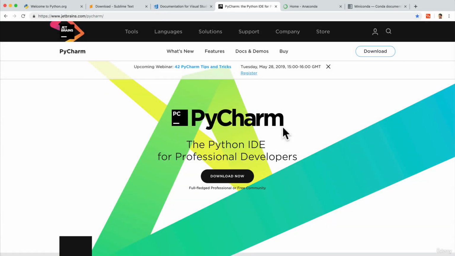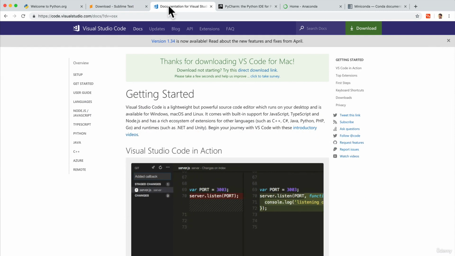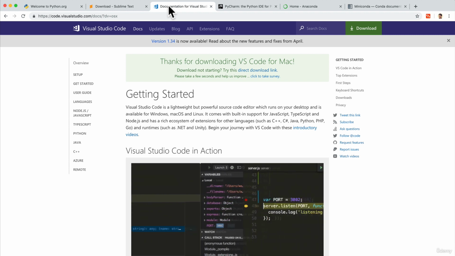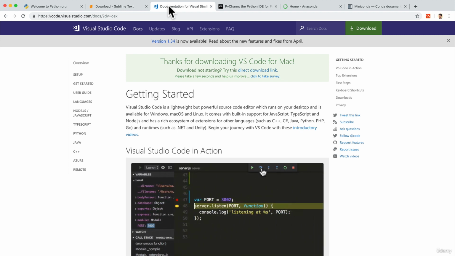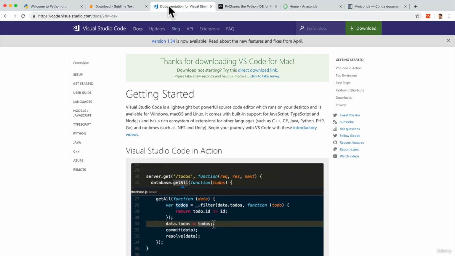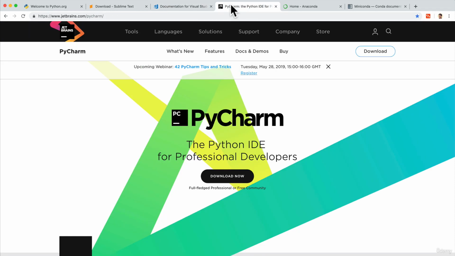Welcome back. Up until now, we've talked about Sublime Text and Visual Studio Code. Code editors that we had to install a bunch of plugins and extensions in order to customize it to what we want. And they work really well with a ton of different programming languages. The next one, though, is an IDE, and it's called PyCharm. And it's probably the most popular tool for Python developers. So I really like it.